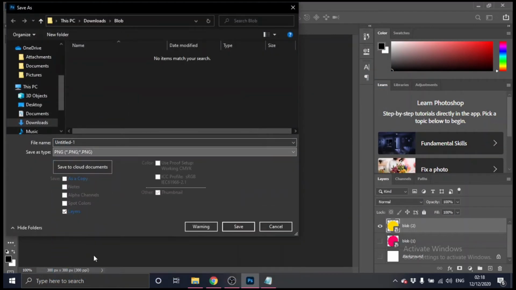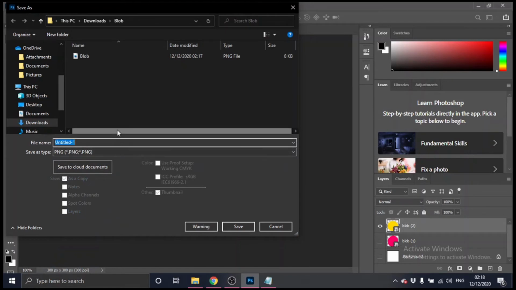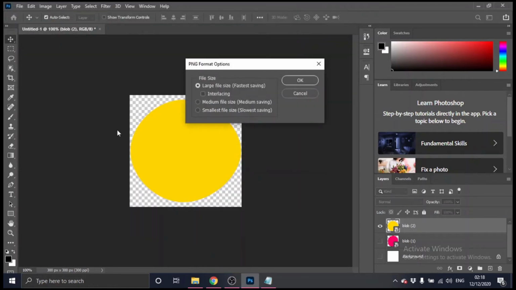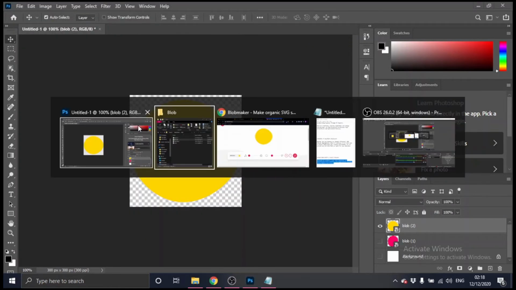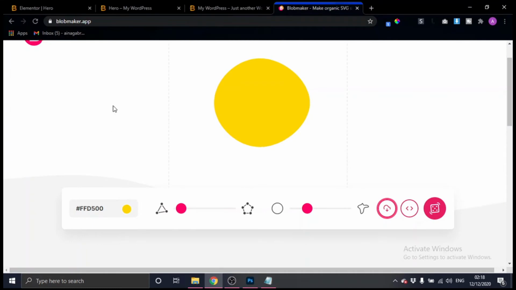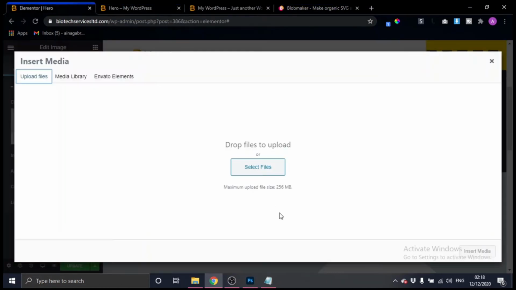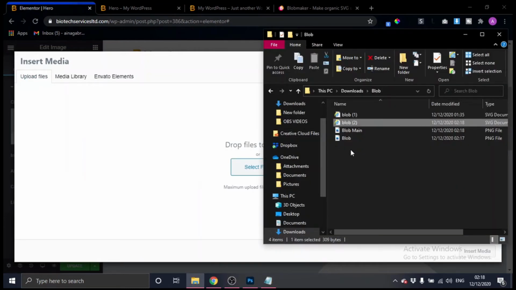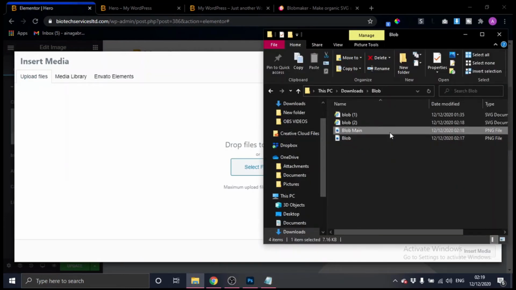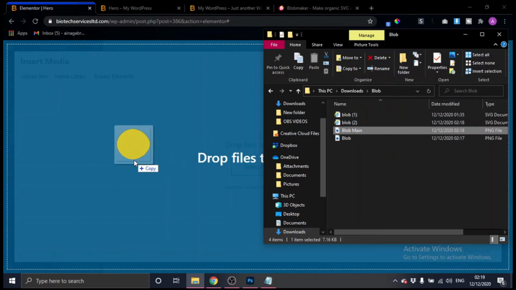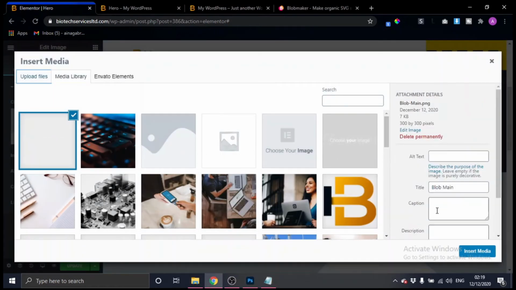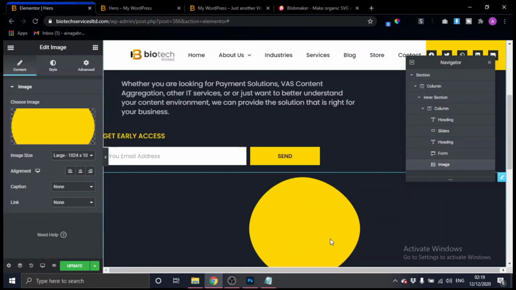Then you come down to PNG, and then maybe let's say your name. And then you hit enter, and then enter again. Okay, so when you go back, remember we've already dragged in an image and want to upload an image. So what you do right here is take the one you just created, you drag it in, and there you go, you hit OK.